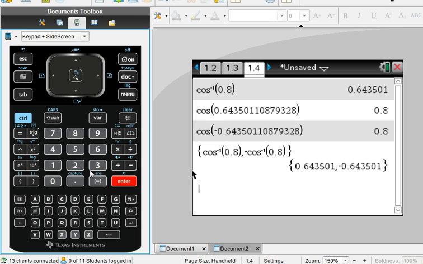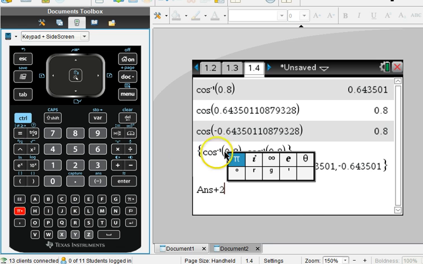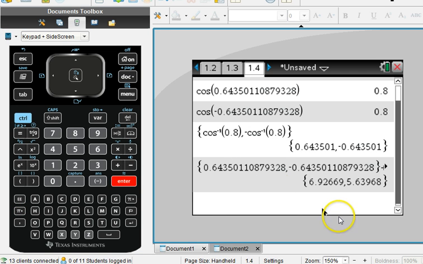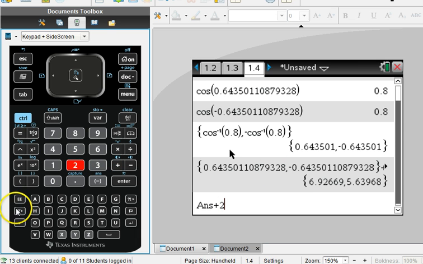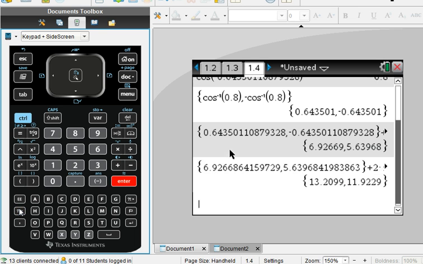And then I can easily add 2 pi to both of them at the same time by doing plus 2 pi, adding it to the curly bracket, and then I get the next two numbers. So that gives me 2 more solutions. And then I'm going to add 2 pi again, and that gives me 2 more solutions. And then I'm also going to take my original 2 values right here and subtract 2 pi from them. So minus 2 pi,